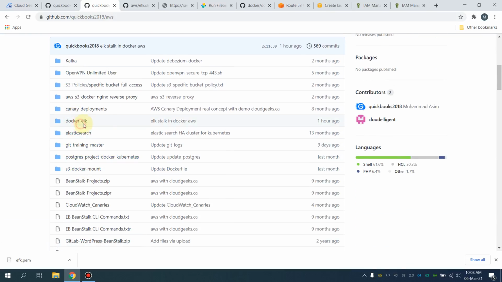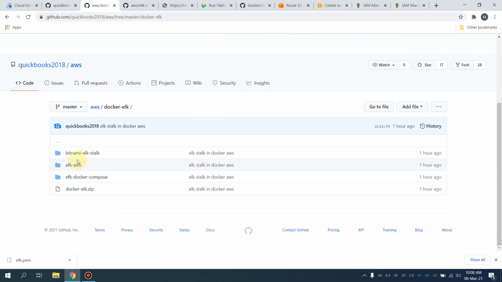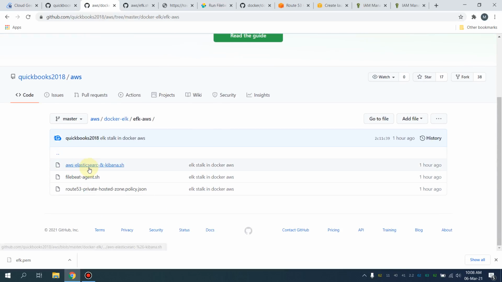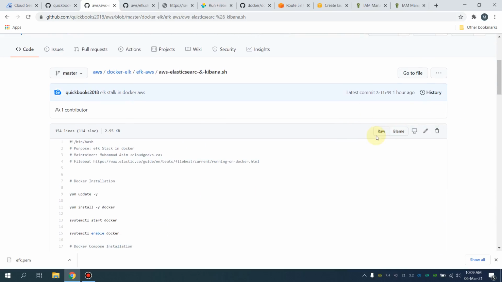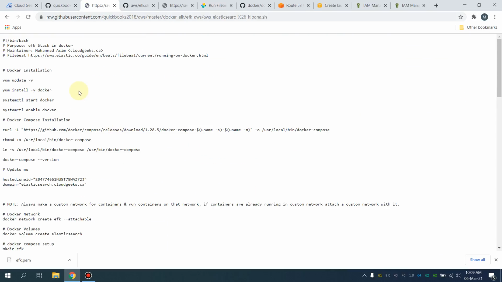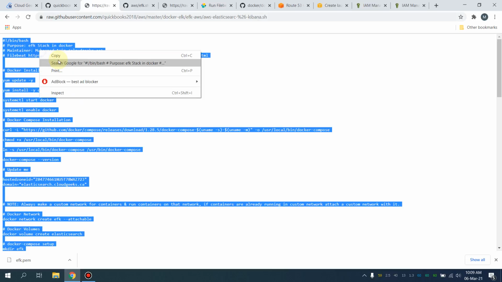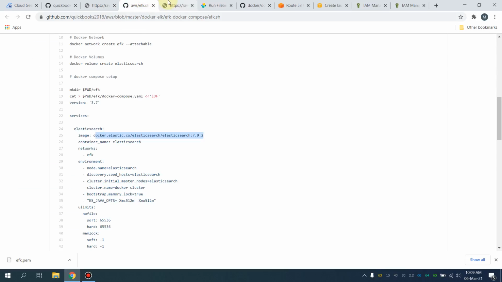So this is the repository, just to remind you guys. Navigate to the Docker ELK. Okay, so this is the EFK AWS, and now this is the AWS section. Okay, just leave it. I'm going to simply copy the script, and guys, just remember that you have to update that particular